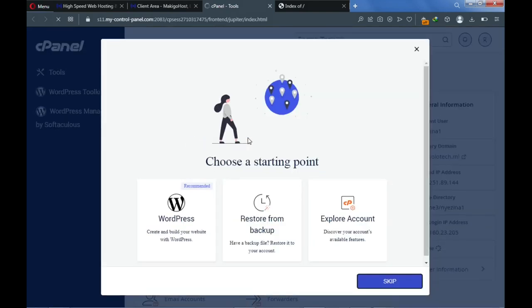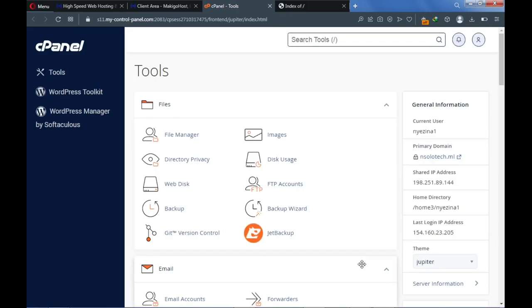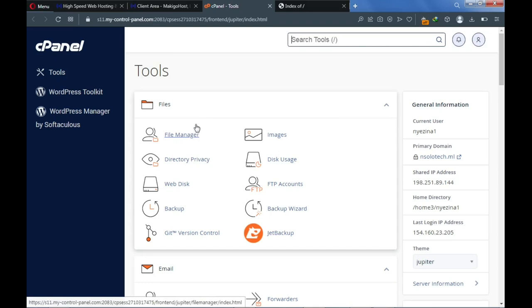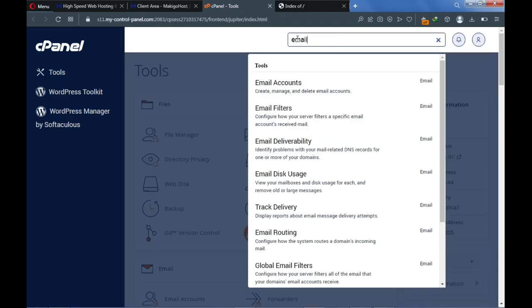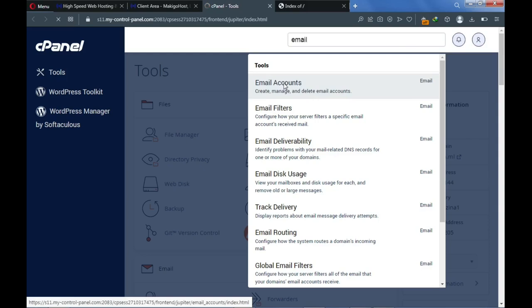And this is cPanel. Now let me walk you around and show you the various areas of cPanel. On top, you have a search box where you can type what you're looking for, maybe email, and it will bring it up instead of going down to check it manually. So when you type that and go to email accounts,